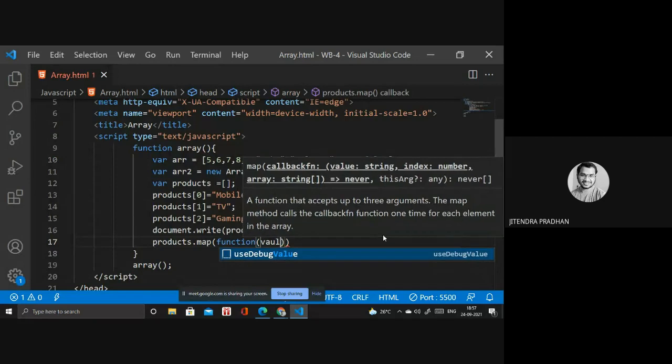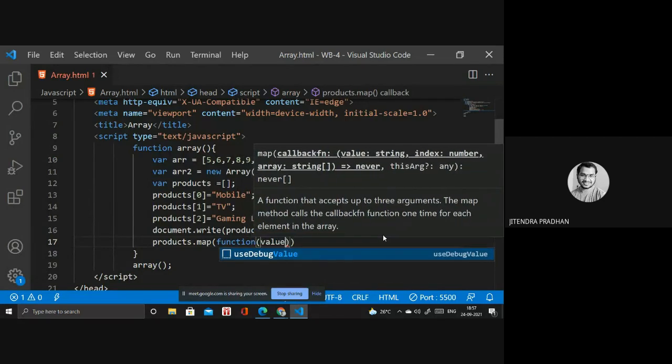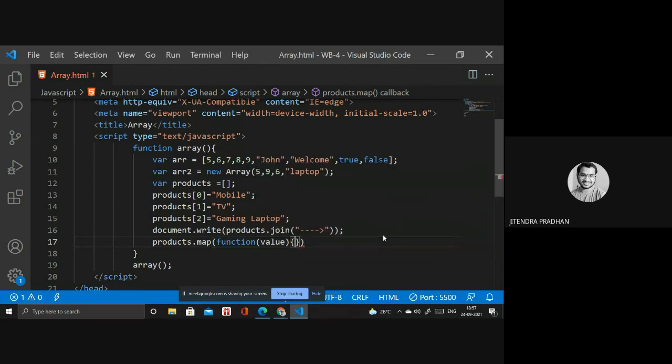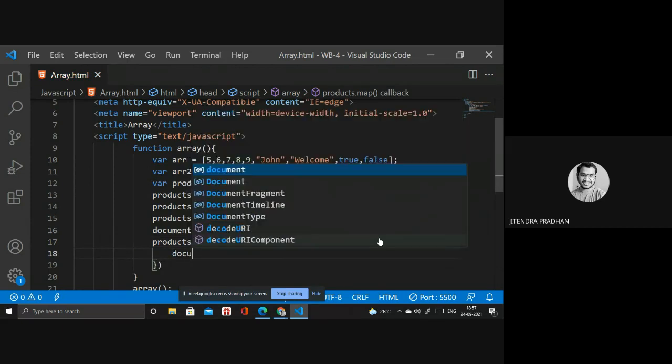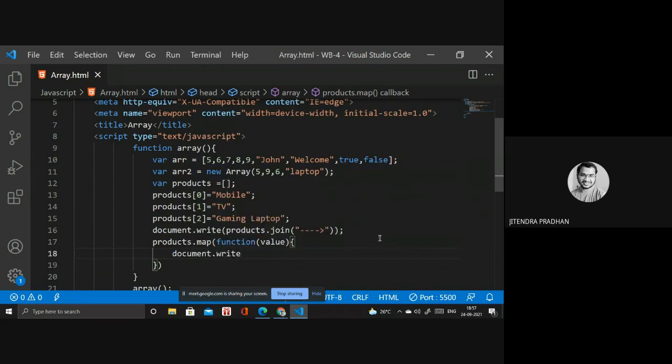Value. Next, li, polish item, and we need to close the li.